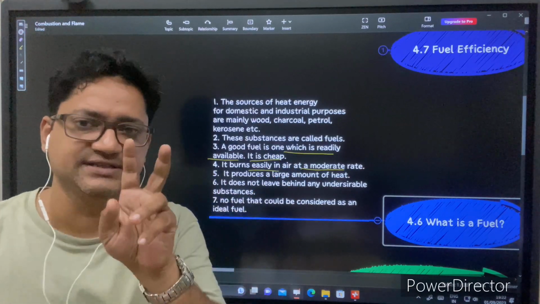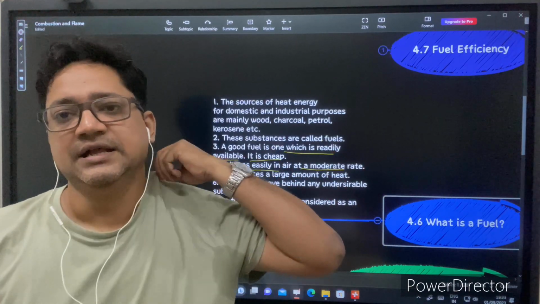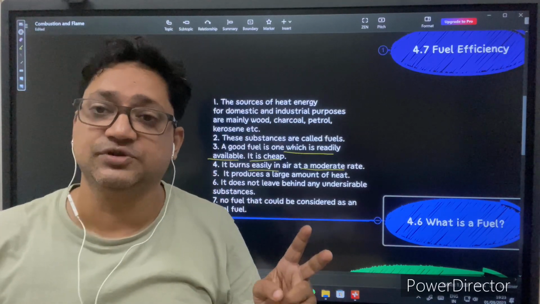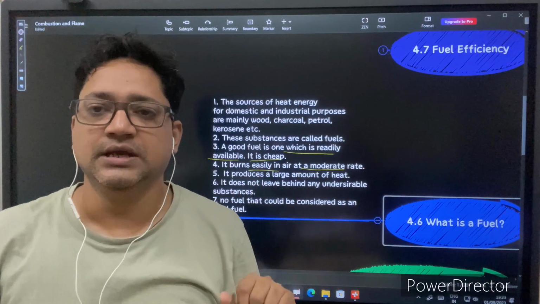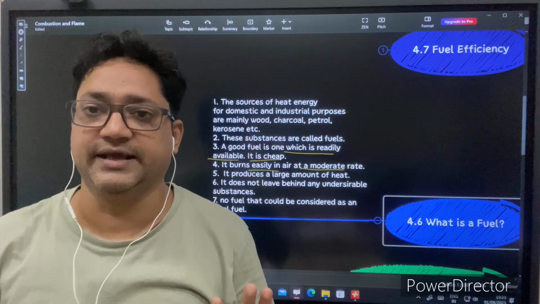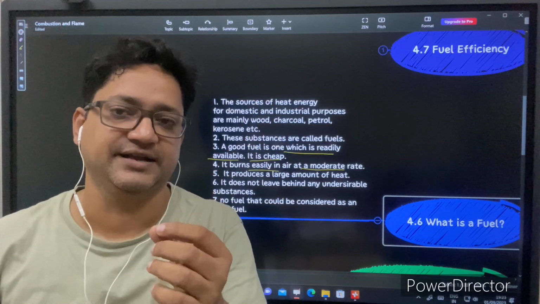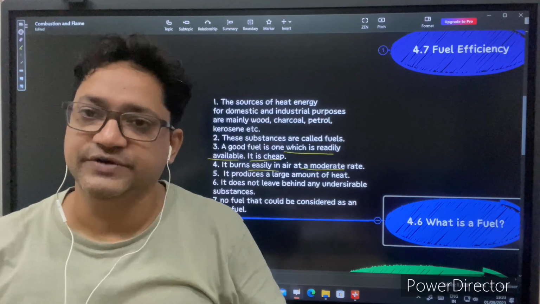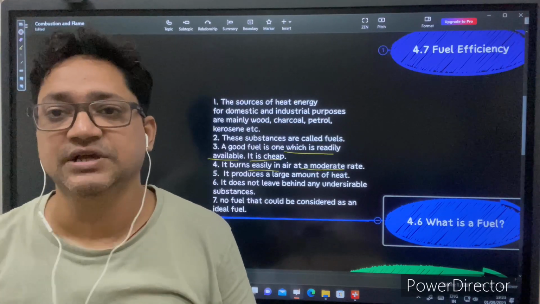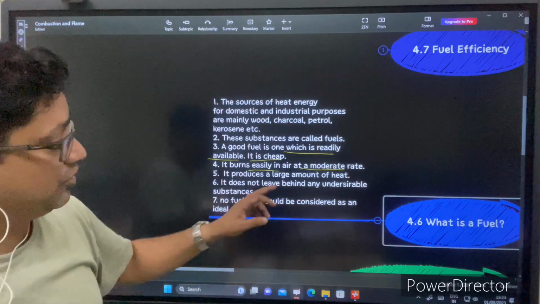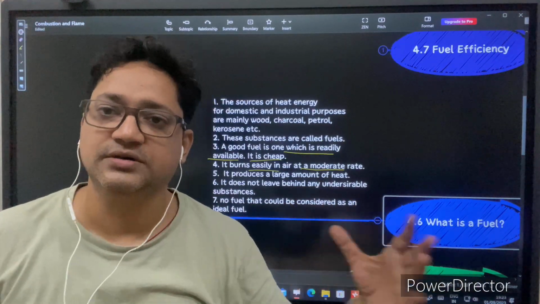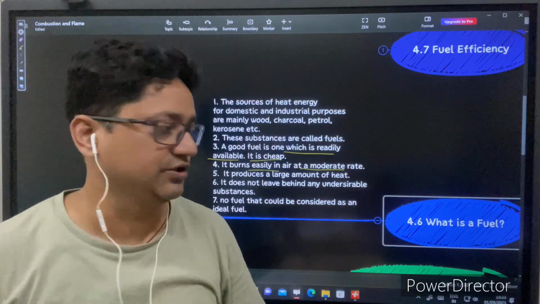If I tell you with two examples that I have already discussed in the class, suppose you burn 250 grams of phosphorus and 250 grams of petrol or LPG. 250 grams of LPG will enable you to cook your food for a whole day. But 250 grams of phosphorus will take hardly 30 seconds to burn. So which is more rapid? Obviously the white phosphorus one. Can it be used as a fuel? Of course not, it cannot be used as a fuel. So here the moderate rate means that it should burn slowly and take a long time to provide you the energy.